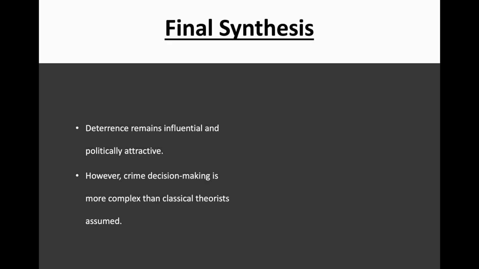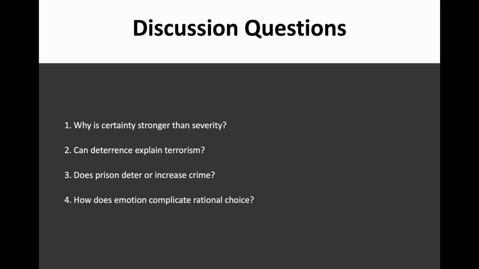The best modern interpretation is probably not that people are perfectly rational, nor that people are completely irrational. Rather, modern criminology increasingly recognizes human behavior as bounded rationality operating within social and structural contexts. And this is the broader synthesis, and that synthesis is exactly the type of thinking that comprehensive exams are designed to evaluate. Now I have several different broader discussion questions that would help to tie these theories together.